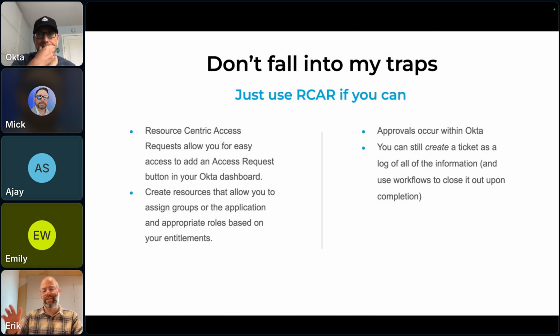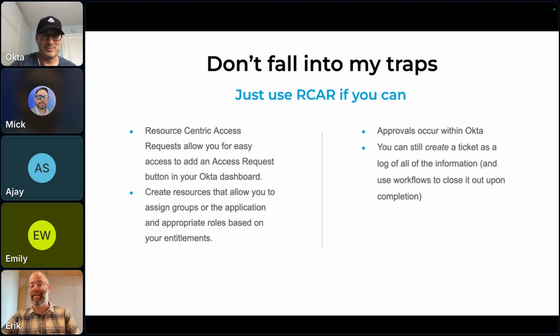But we'll take those and you'll create them dynamically in the Okta application itself. The approvals occur within Okta. The access request button is right in the Okta dashboard. They're great. But as I said, we live in Jira and Atlassian, so we're not doing that.